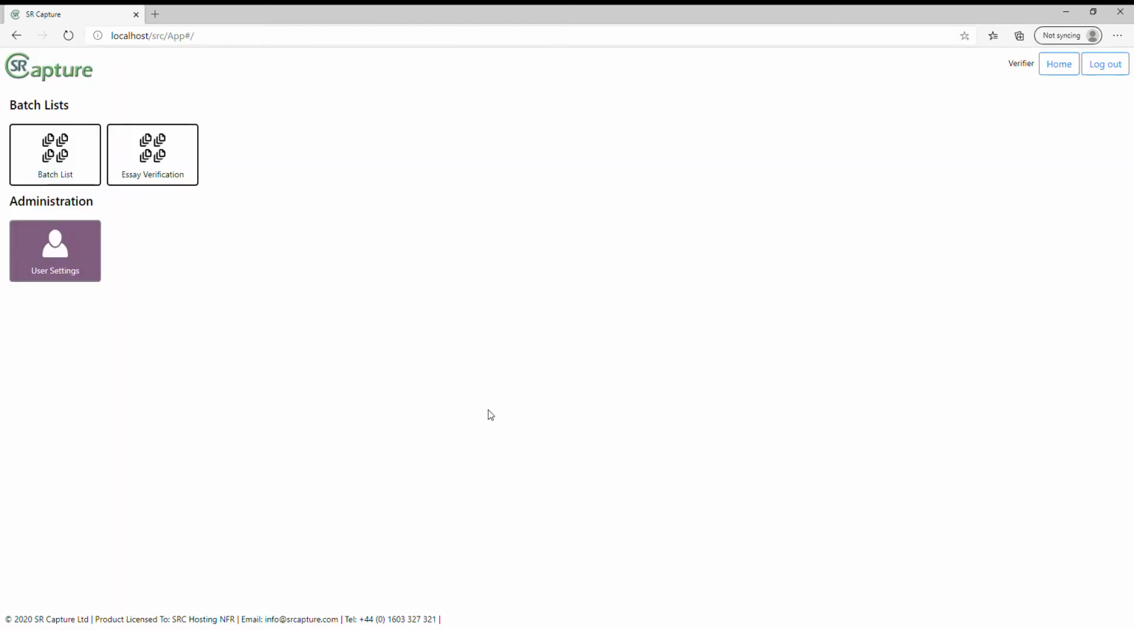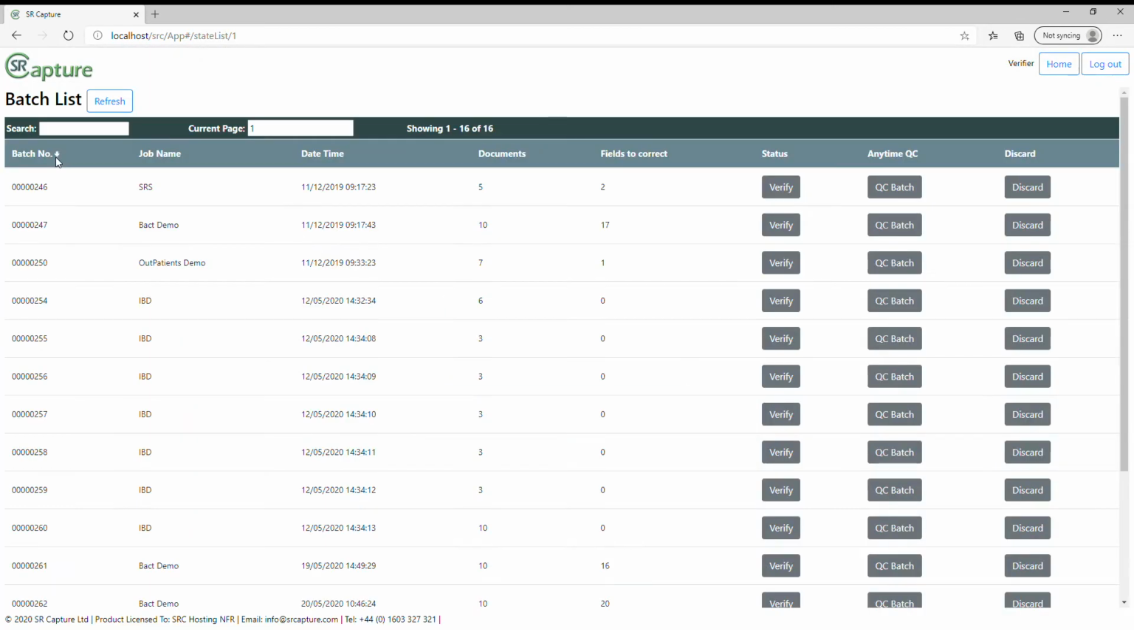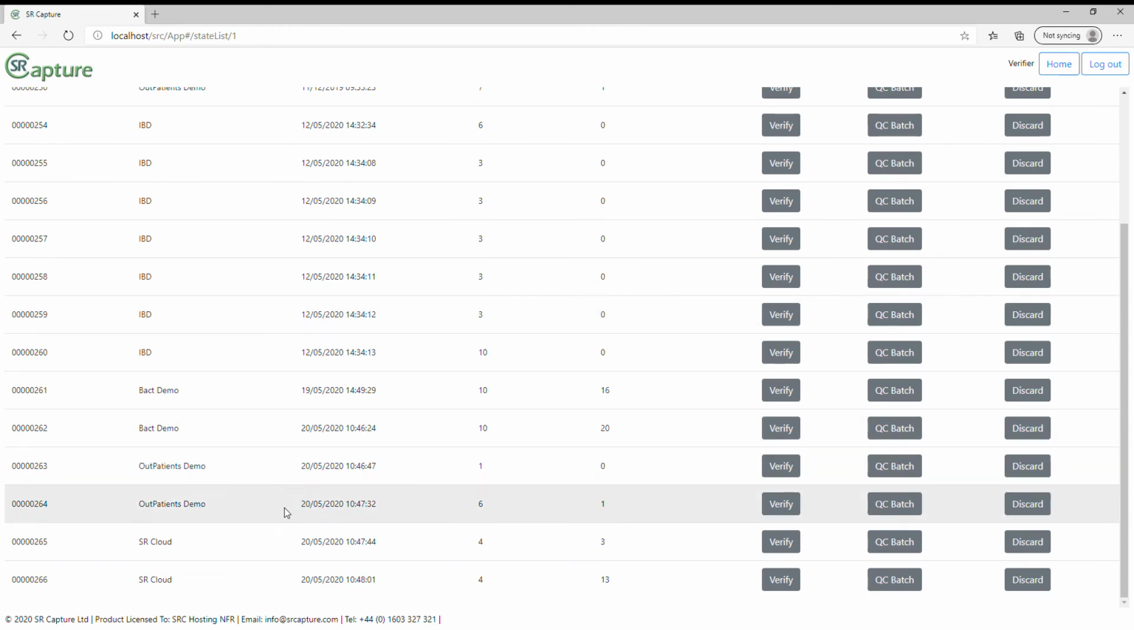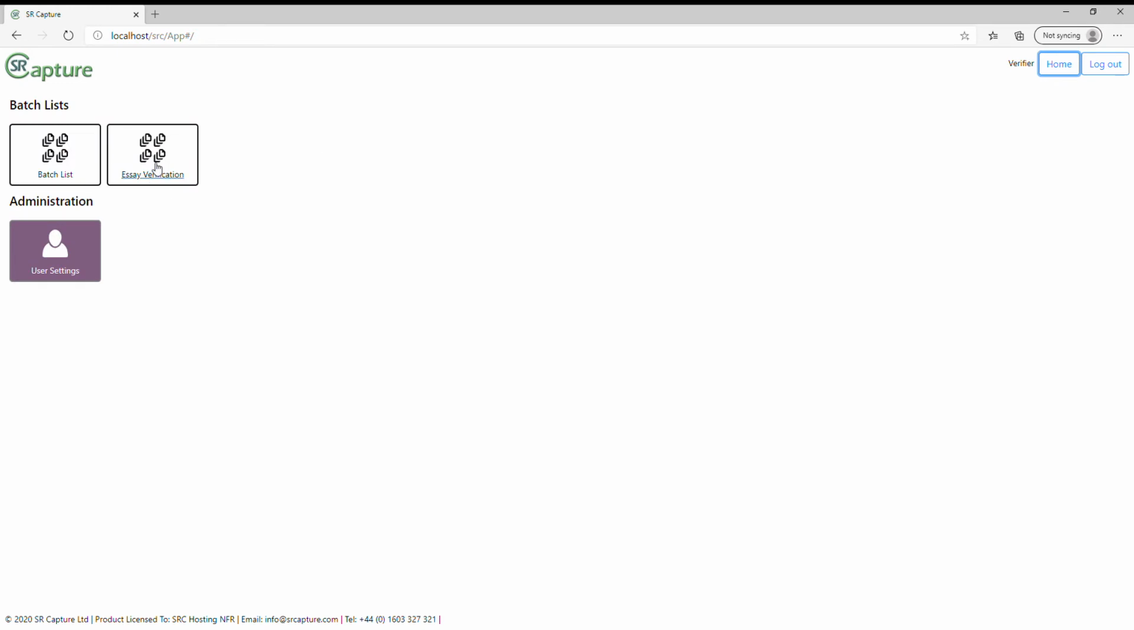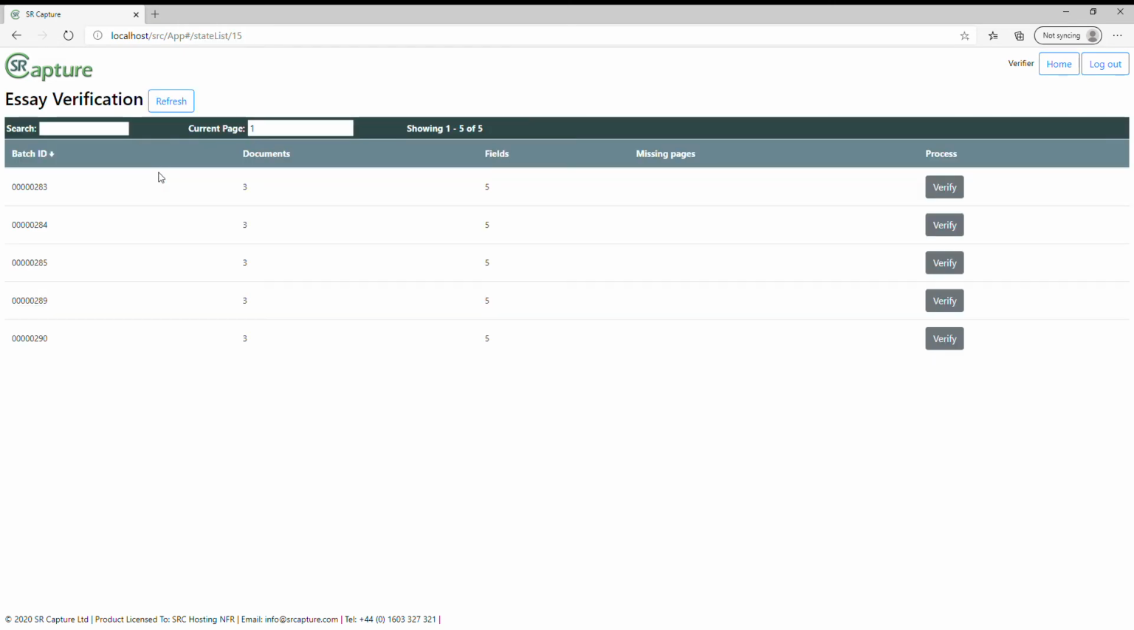So logging in as verifier, we have a couple of lists that I've set up now. So the main batch list, which would be normal jobs that people would be working on throughout the system. And then we've split off the essay functions into a separate batch list so that can be prioritized if needed. So under essay verification, you'll see this is still traditional batch level processing, and we can go into